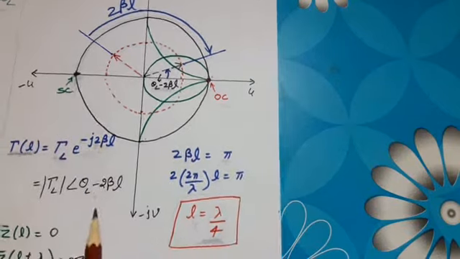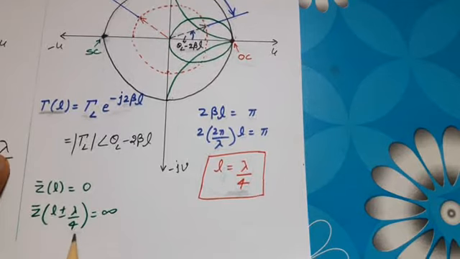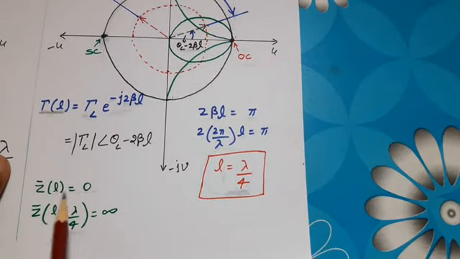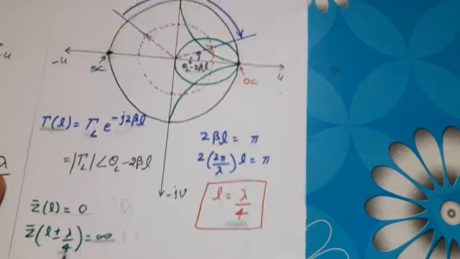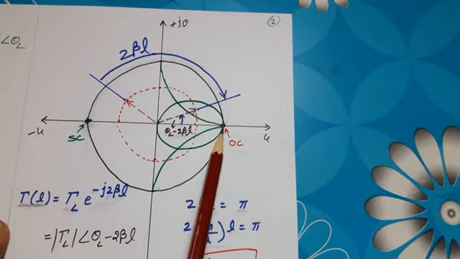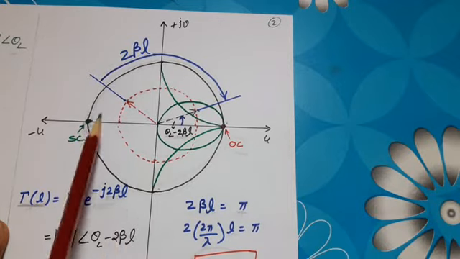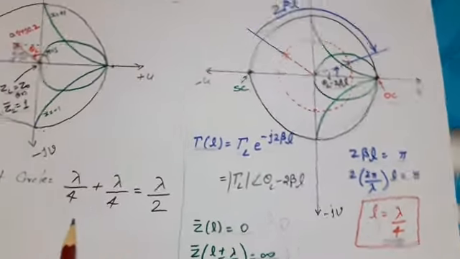As we know, a lambda by 4 distance movement is known as the normalized impedance inverter. Therefore, short circuit load means ZL bar is equal to 0, and after a movement of lambda by 4, it becomes the inverse of 0, that is 1 by 0, which is equal to infinite, that is open circuit load, and vice versa. So here we can make one more comment also. This half circle perimeter length is lambda by 4, and this half circle perimeter length is lambda by 4. So the length of the unit circle is equal to lambda by 4 plus lambda by 4, that is lambda by 2.